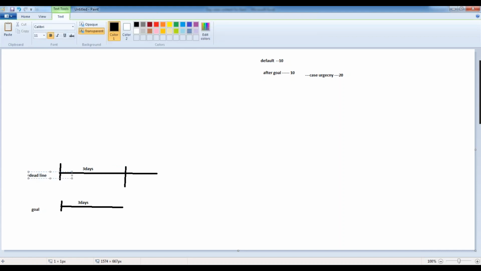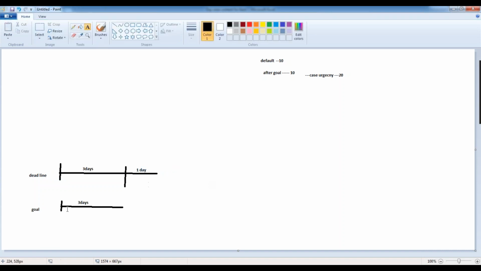That is why the deadline time should always be greater than the goal time, otherwise the system will throw an error message. This is 1 day. Whenever the goal reaches 3 days, the deadline also reaches 3 days because they start at the same time. So there is one more day left for you to complete it.